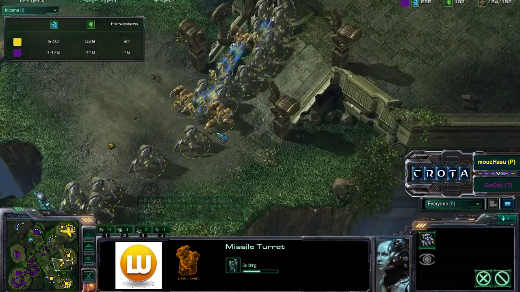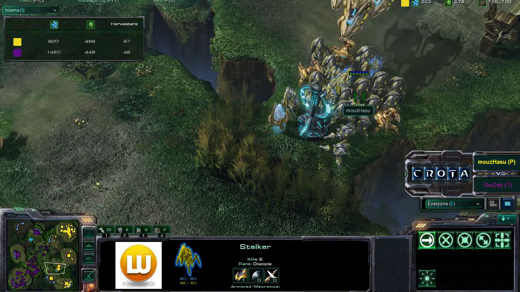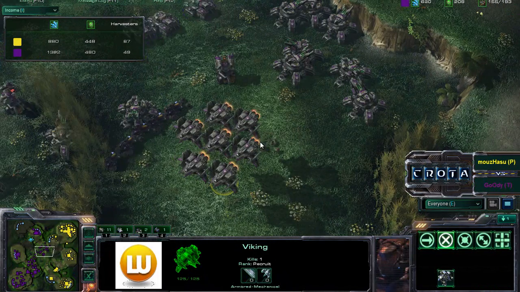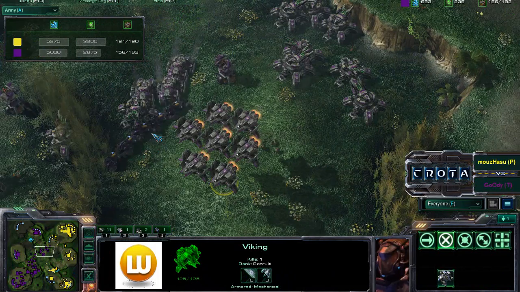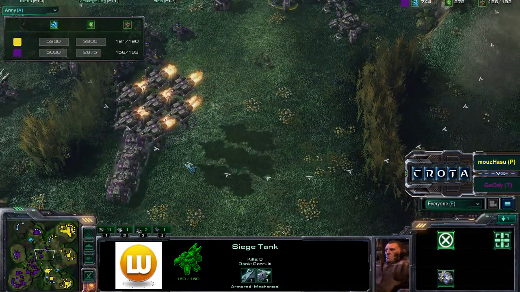Now, what exactly can Hasu do? I am not quite sure. Hasu really needs to come up with some really strong game plan in order to push and defeat GoOdy's very strong army. His army is sitting at 5,000 minerals, and does have the level 1 weapons upgrade and armor